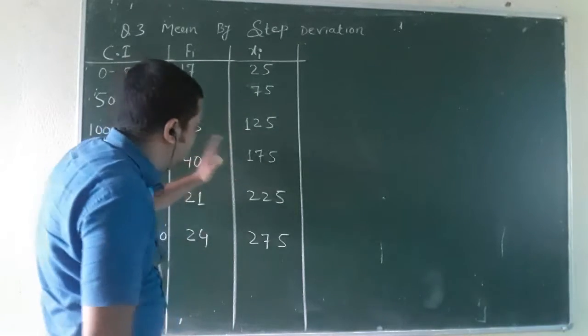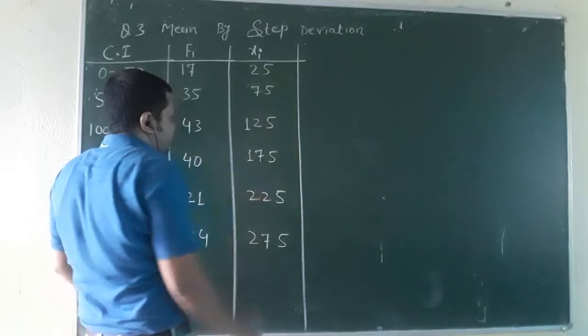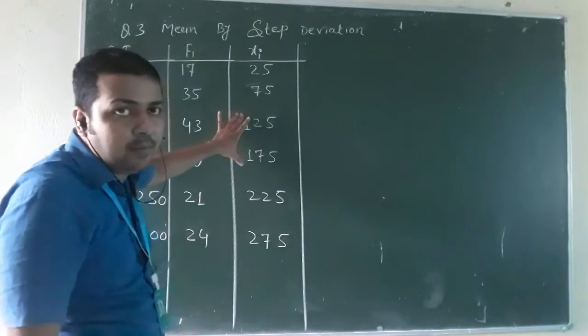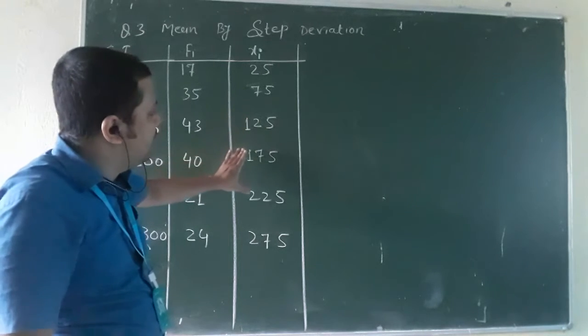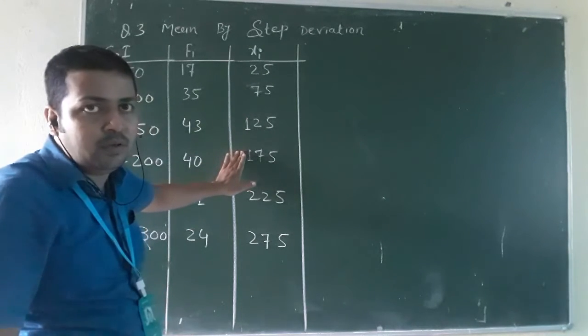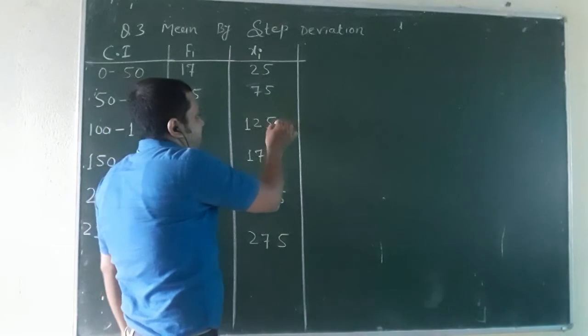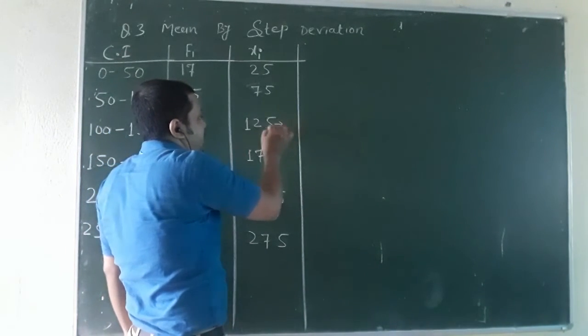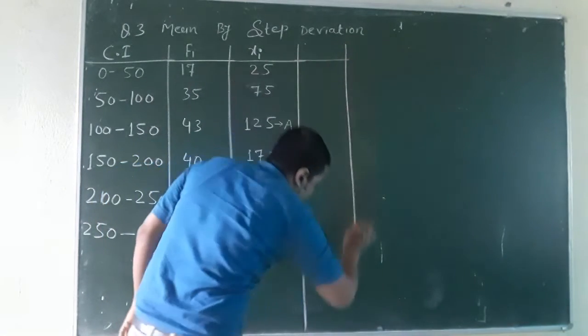The middle position will be, the left will be 2, and this one we can pick 125 as well as 175. You can pick 125 also as well as 175. The result will not be affected in any case. But in most practice the smallest one is 125, so I will put a here. The smallest one will be put a here.